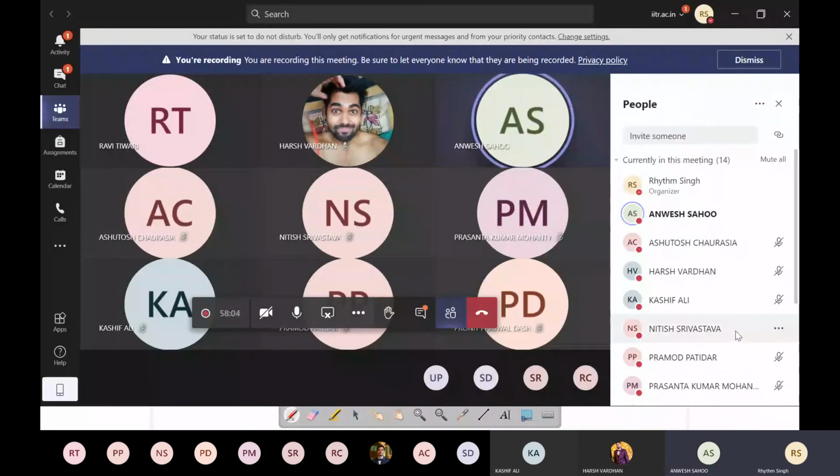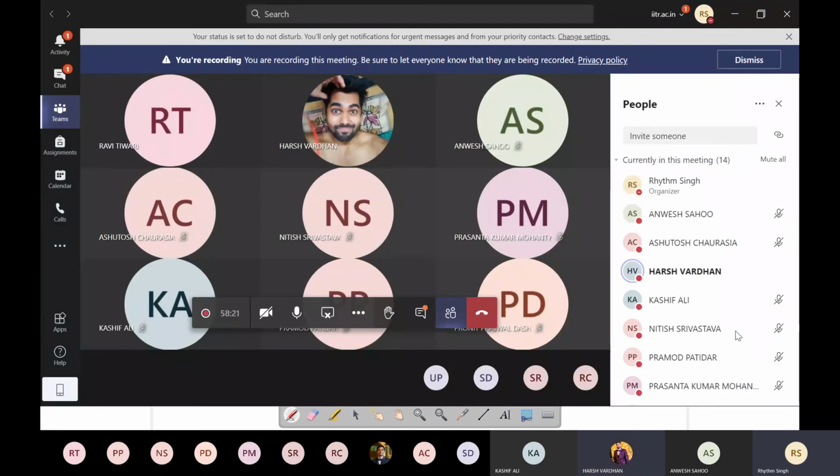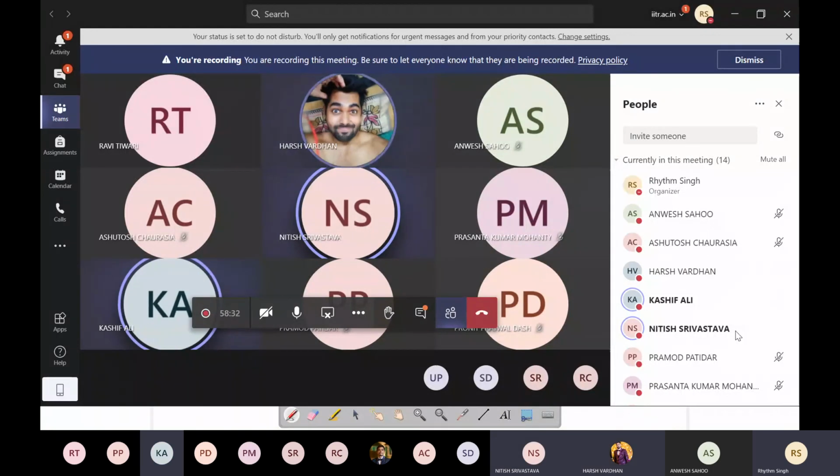Okay, sir. Any other question? So I think now the time is anyways up. Sir, you uploaded this Word file on the MS Teams, because we got the previous one, last one. Yes, sir, the course notes are uploaded. Second one, yes. Okay. Please, Nitish, please share it. Sure. So you can refer to that.